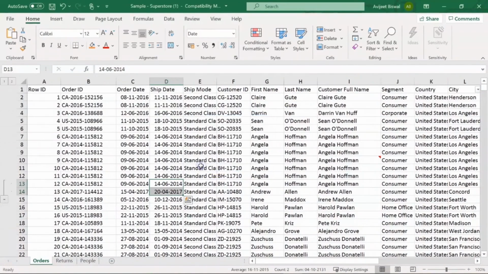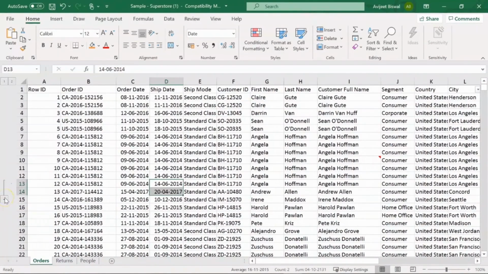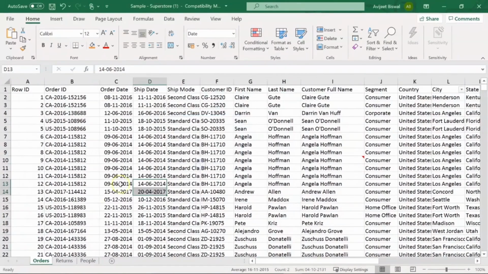If I click on OK, you can see here we have grouped both the rows. Now if you want to ungroup the rows, the shortcut for it is Alt Shift left arrow. So I'll hit Alt Shift left arrow and select rows. I'll click on OK to ungroup the rows.